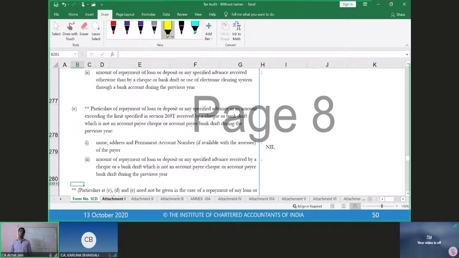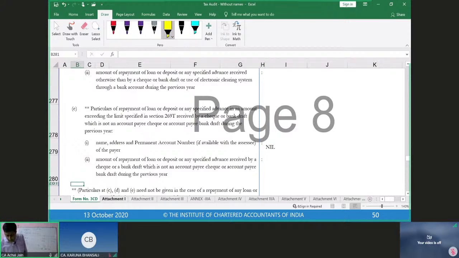What is it that the tax authorities are trying to capture? They are trying to capture each and every transaction of the entity with all the particulars which they require. First of all, they are saying whether you are doing this through a check or not. If yes, whether it is an account payee check or not, whether you are doing a transaction with a draft or not, whether that draft was account payee or not. Yeah. So through this, they are trying to track down each and every type of transaction, and in respect of all of those transactions, whether the transactions have been taking place through the bank records or not through the bank records. That's the basis around all of these transactions.